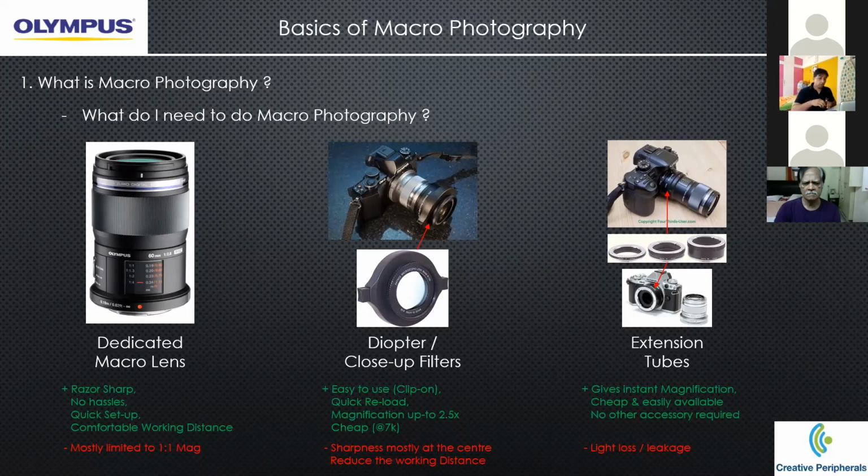There are two types of Raynoxes available in the market. One is the 250 and the other is the DCR 150. The 250 is named so as it gives a magnification of around 2.5x at 1:1 on a full frame, and the 150 will give you around 1.5x magnification on a 1:1 scale, 1:1 magnification on a macro lens. The next option comes to